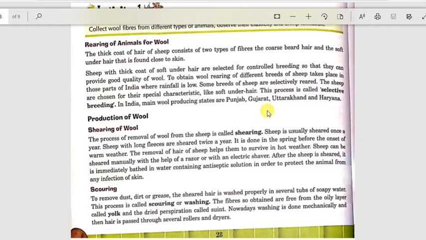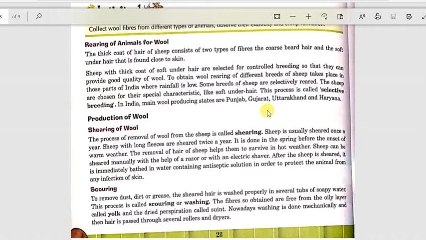Soft underhair is found close to the skin. Sheep with a thick coat of soft underhair are selected for controlled breeding so that we can get good quality wool.